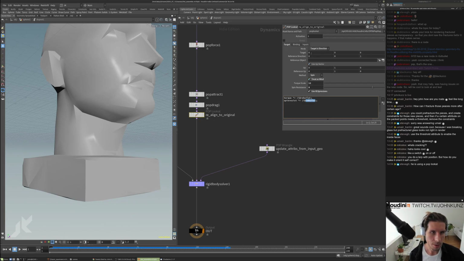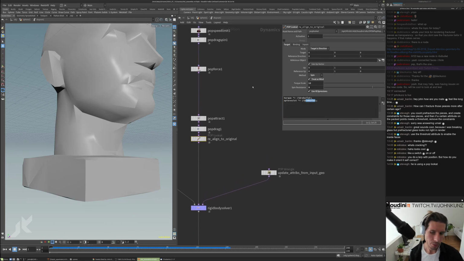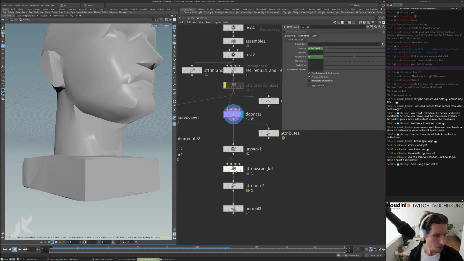And basically these reference directions, just leaving them at default, is saying to use the input alignment, or revert to its original direction before the simulation. That's the reason for leaving all that stuff blank. And then I'm just thinking right here,